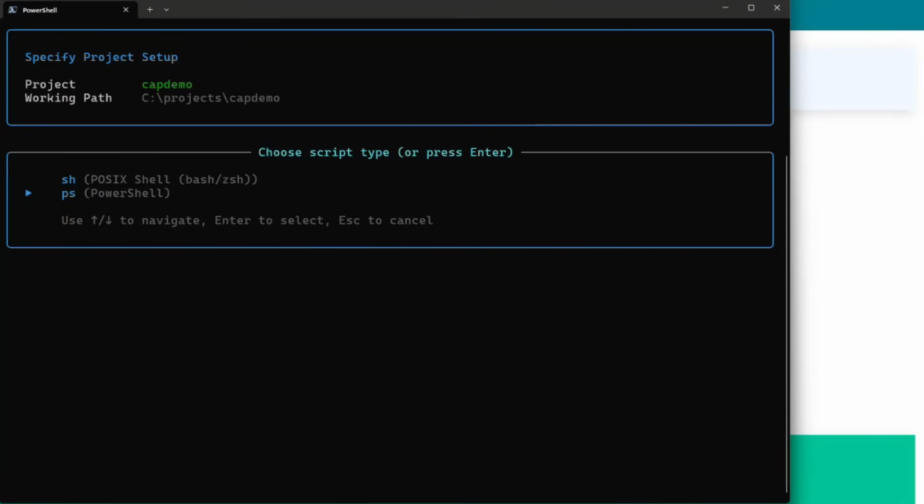And for each of these agents, you have the option of setting up the scripts for Bash or for PowerShell. Now, this is one of the downsides of Spec-Kit: once you set this up in a particular way, it's really hard to change those scripts for a different coding agent or for a different environment. Say you've got one person using Claude on Bash on a Mac, and the scripts that you install are for Copilot on PowerShell.